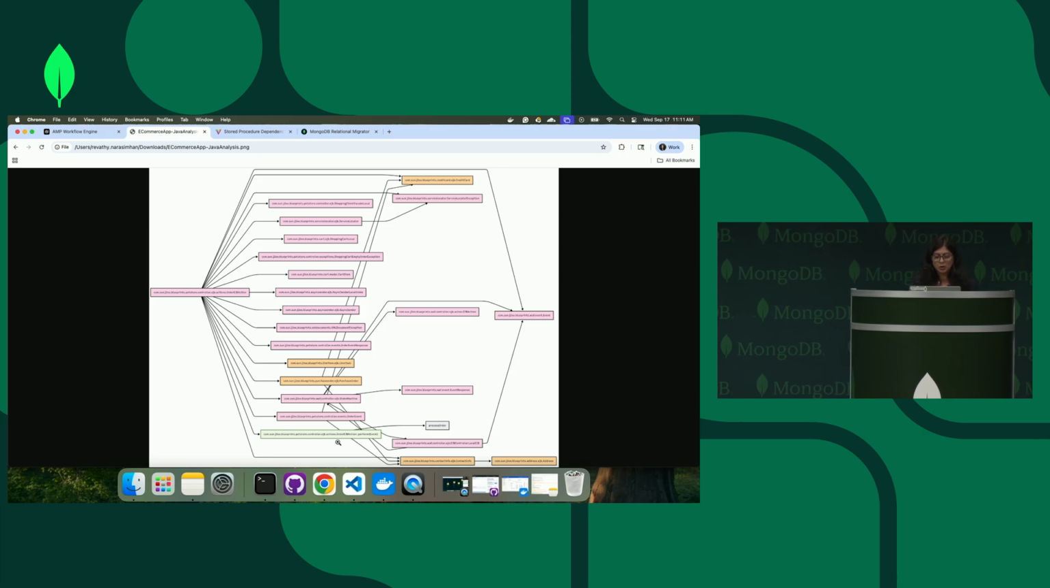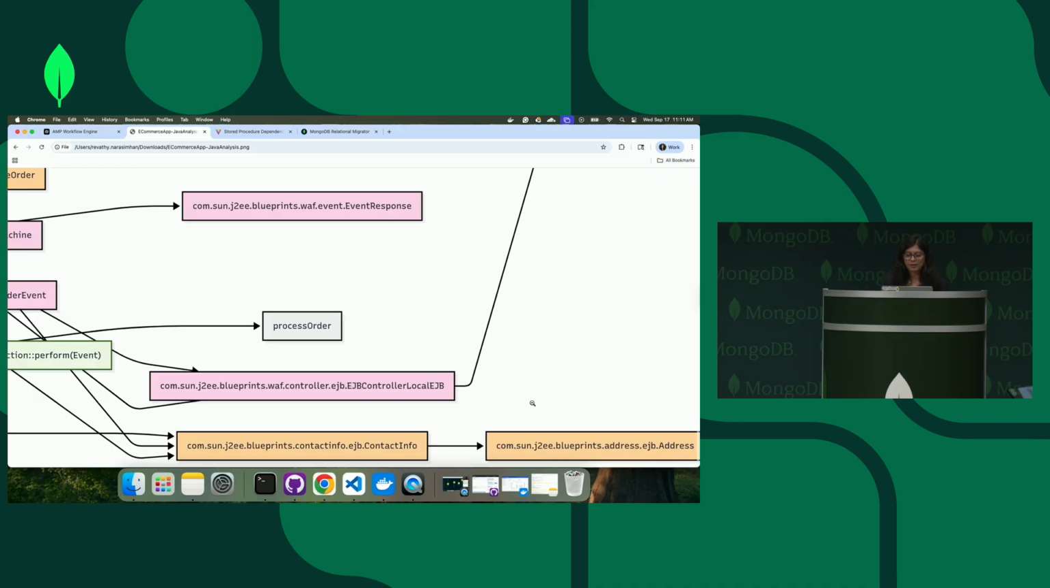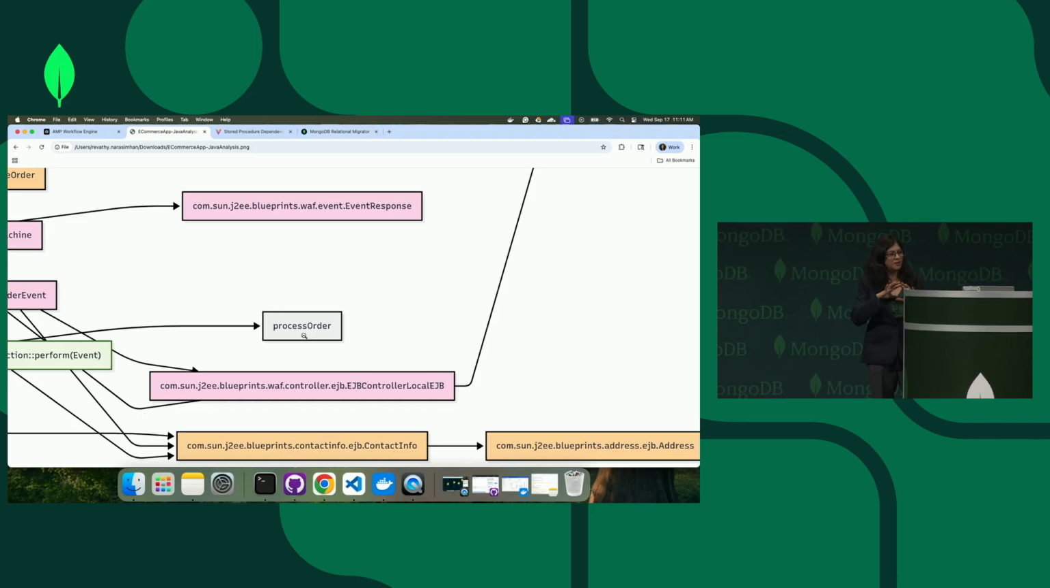What's interesting here is what we see at the bottom. At the bottom, we see a method called perform that sits inside that EJB action class. And the perform method in here calls a stored procedure called process order. When I ran this analysis, I understood that what I have here is fairly complex EJB code. I also have a stored procedure called process order, and then I need to extract that stored procedure and figure